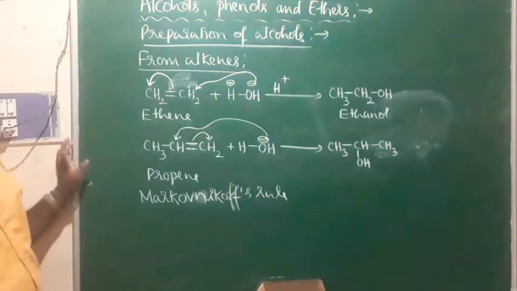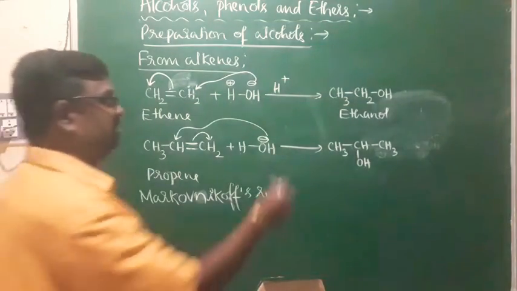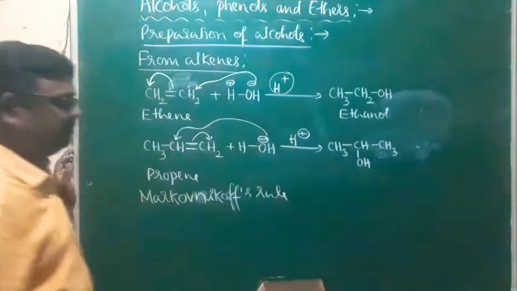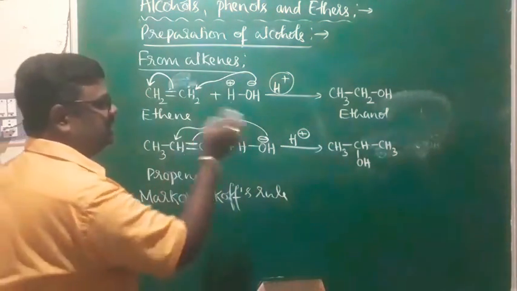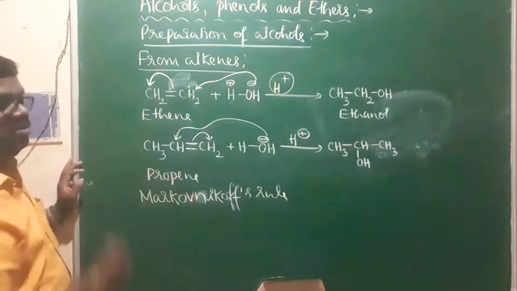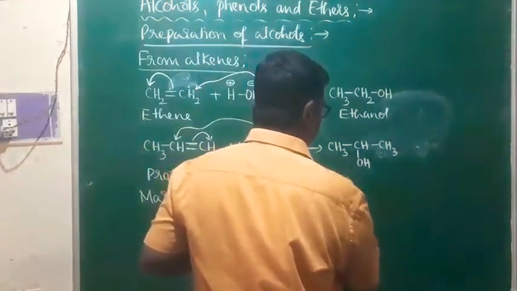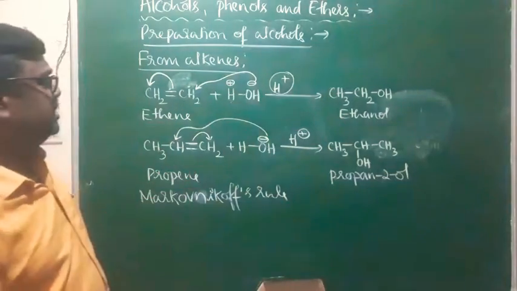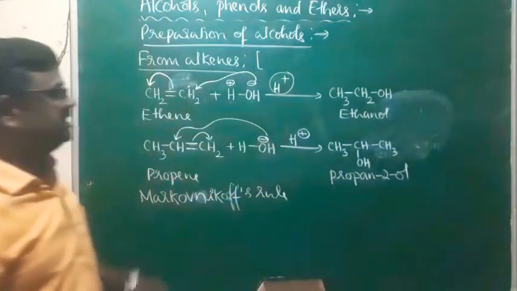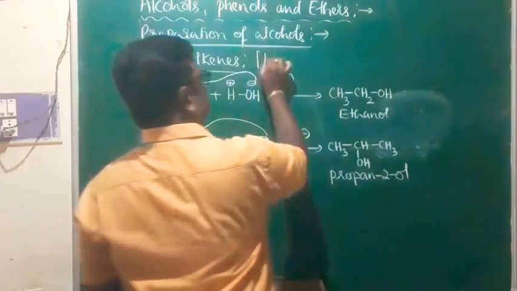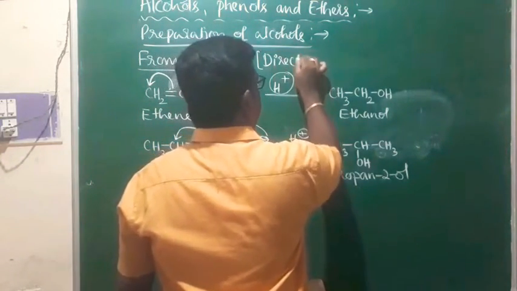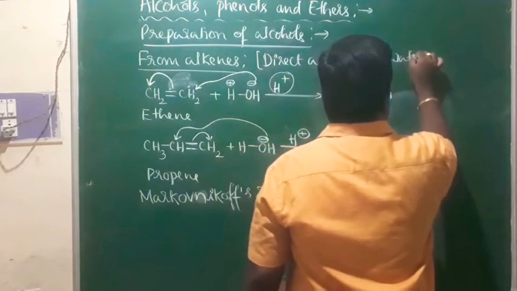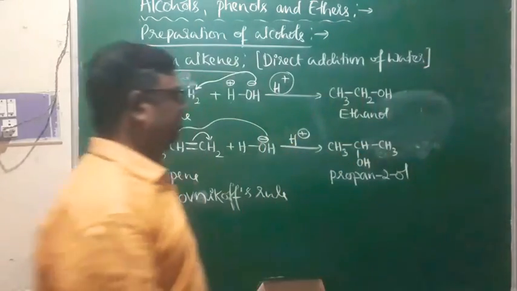This is an example of an addition reaction, that is an electrophilic addition reaction, because this is initiated by the electrophile H plus, and of course the reaction is carried out in the presence of H plus, right? So this is what we call addition of water across the double bond according to Markovnikov's rule. And of course this is propan-2-ol. Yes, and of course as far as preparation from alkenes is concerned, this method is direct addition of water. Direct addition of water, that is here we added water across the double bond directly